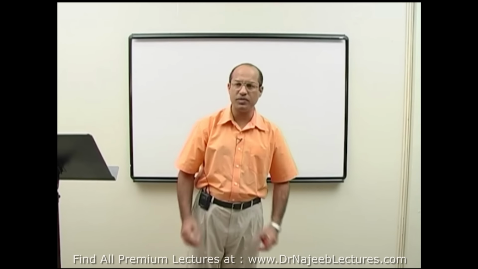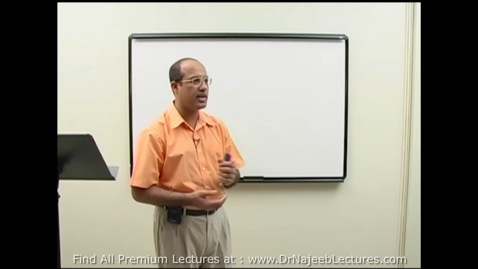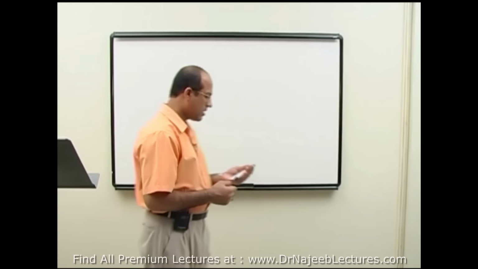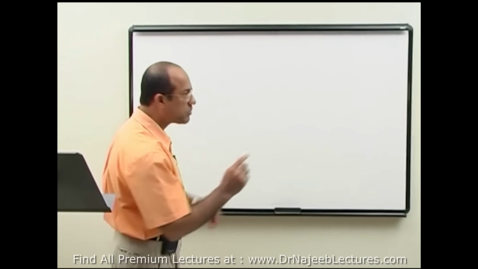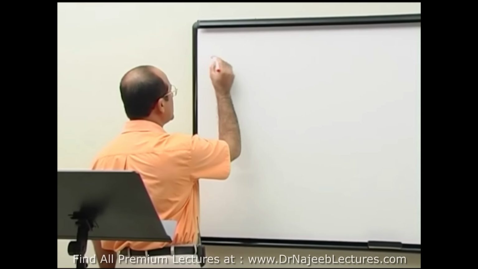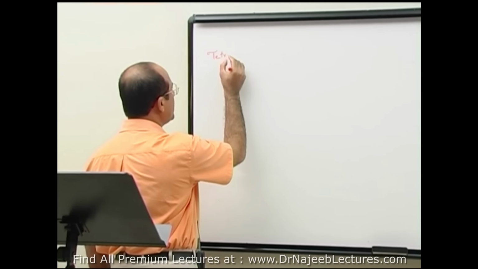Now some more basic concepts about a typical antibody molecule. Right, so we were talking about that antibody molecule, the tetrapeptide. Now we have to develop a relationship between tetrapeptide